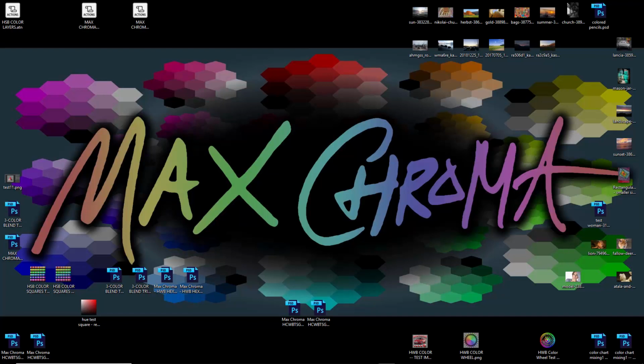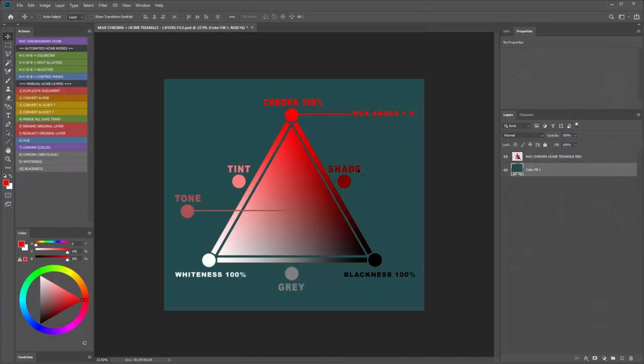In this video, I'll be showing how to create the various layers from the previous video showing my actions for Photoshop, the Max Chroma HCWB actions. I'm going to show you some of the understanding behind the HWB color model and what I call the HCWB color model, and I'm going to quickly go through how to generate the layers or the masks of